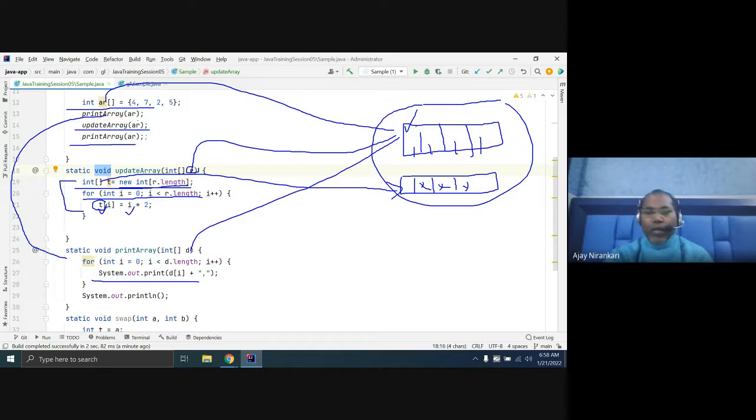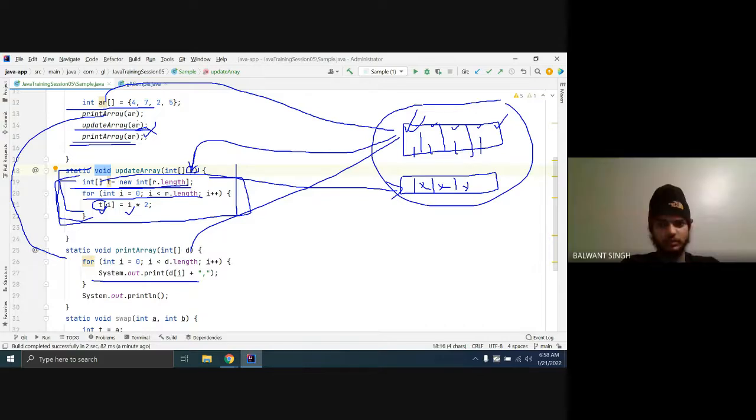So this method does not reflect anything on the original array. After that, if you print it again, it will print the same result, right? Whatever the method is doing here, it will have an impact. If you are changing the original array value, then the original array reflects it. If you're not changing anything in the original array, maybe you are creating a duplicate new array inside, so the update array is not updating your original array.